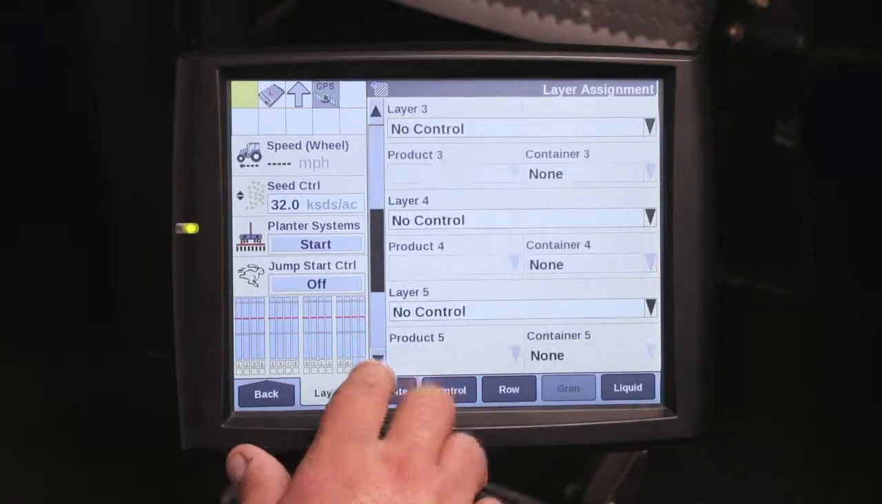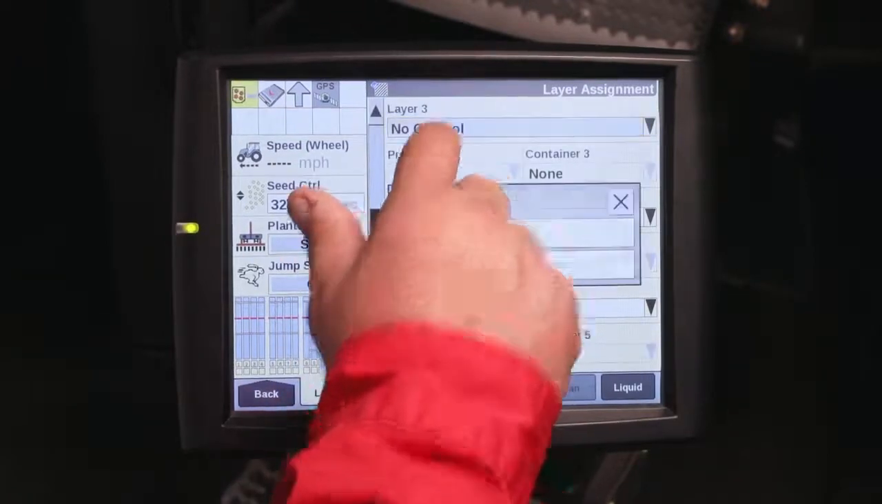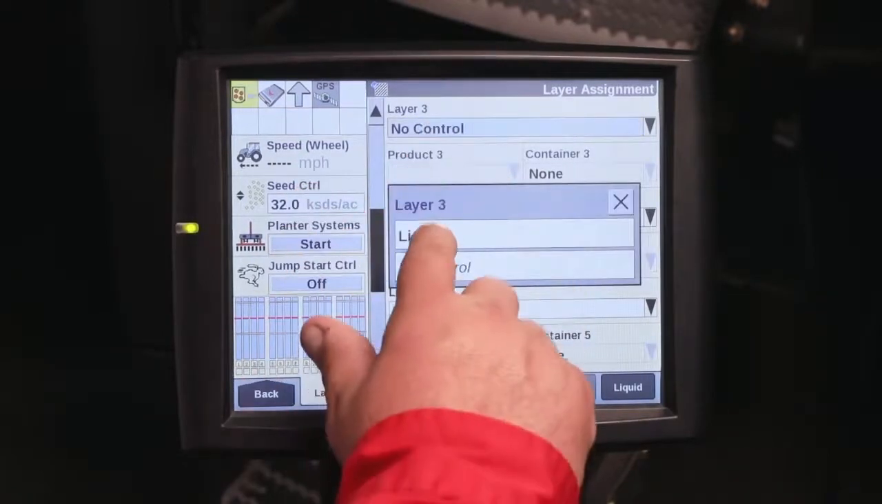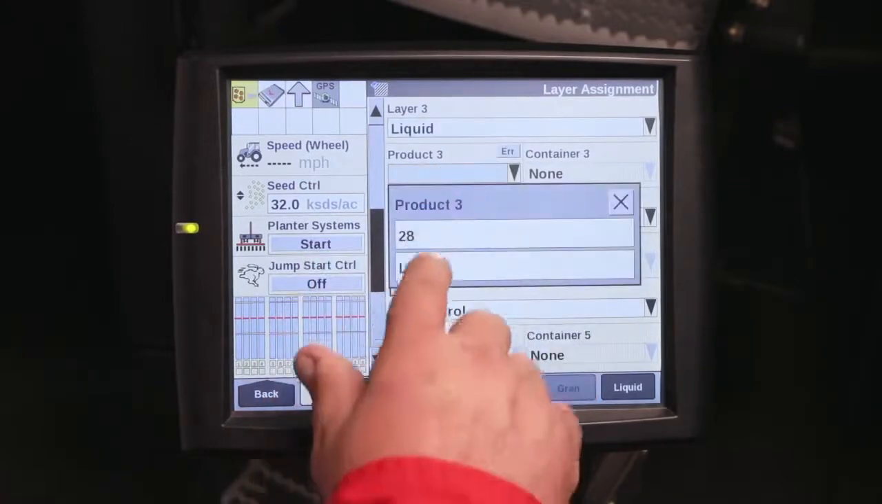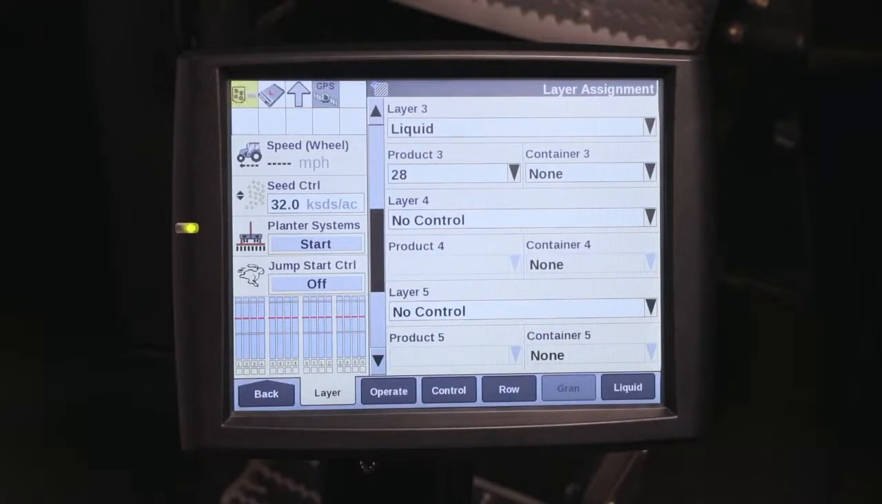For our third product, we also are doing liquid. So layer 3, we'll put the liquid on layer 3, and the product that we will assign to it is our 28 product. For more information on setting up layers on the Pro 700, please refer to your operator's manual